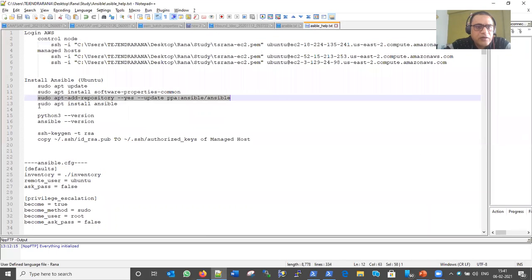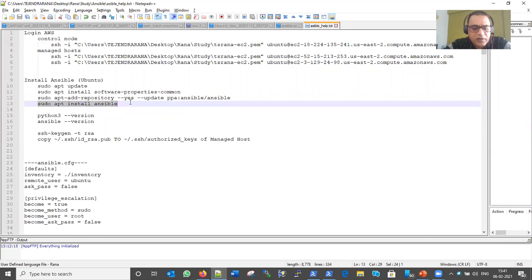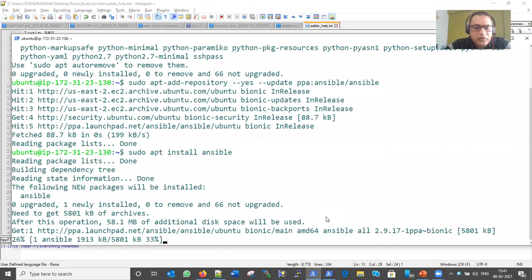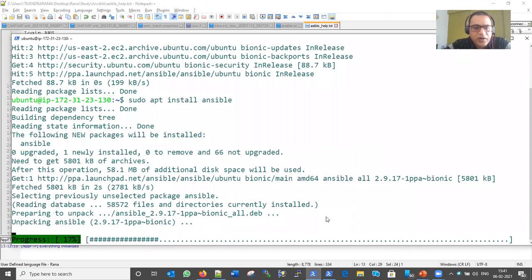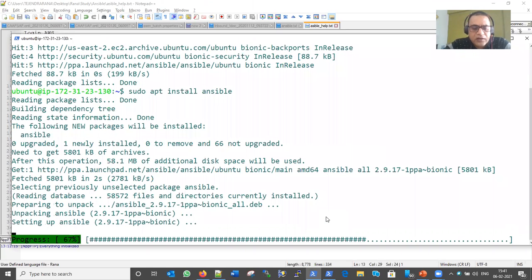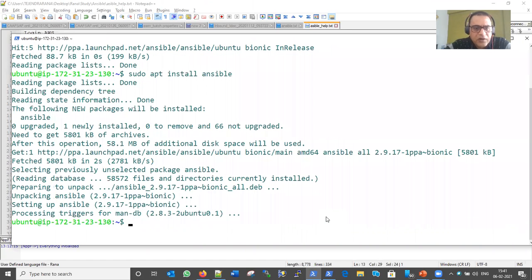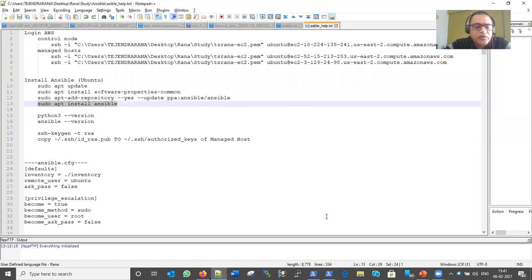And then the final command will basically install Ansible. The other commands will install the dependencies if any are required. Now my Ansible is being installed here. It will take around 30 or maybe 45 seconds to complete. It's complete now. It is a very small package.